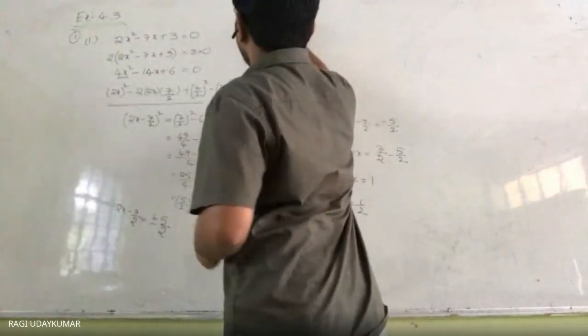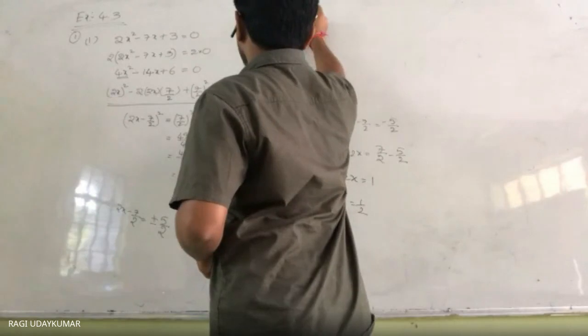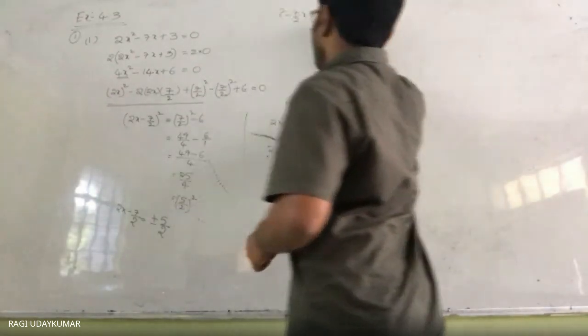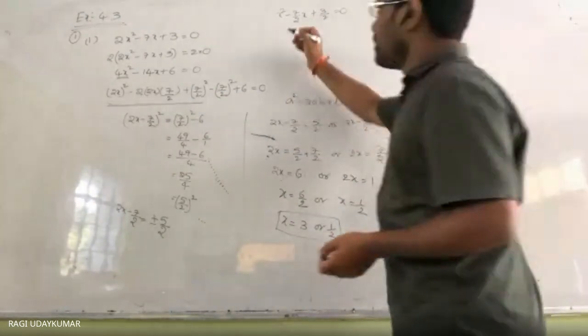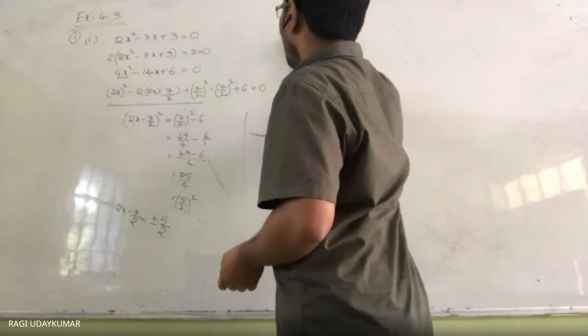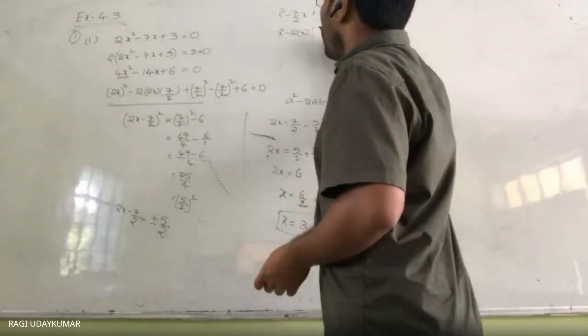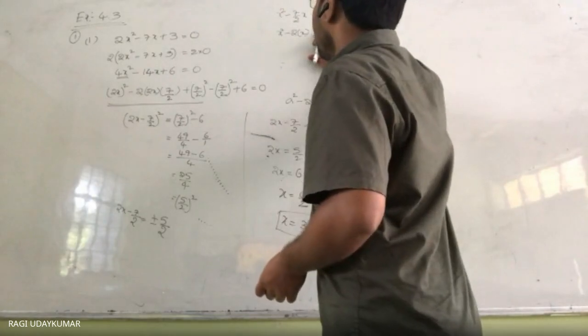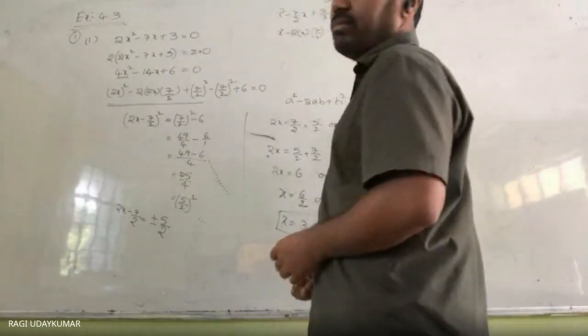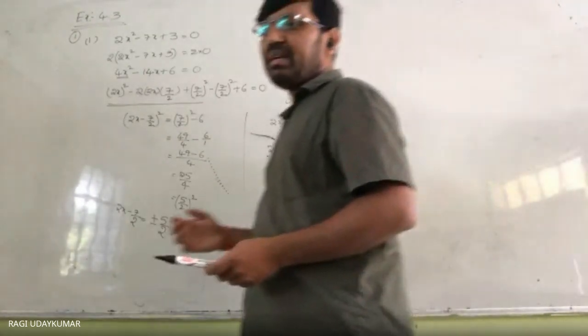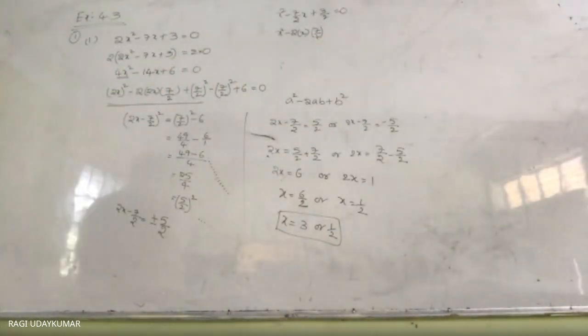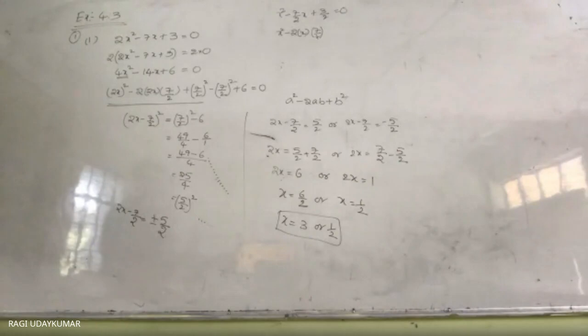Let us see here. When you divide, what you get: x square minus 7 by 2x plus 3 by 2 is equal to 0. So in that situation, x square, 2ab means 2, a means x, I have written 2x. So what should be written in this situation? 7/4 should be written here, in the place of b. Yes, what Smriti? So here you have written 7/4 because you have multiplied the coefficient of x by 1/2 now. Coefficient of x.